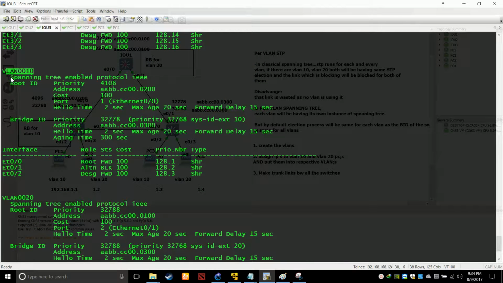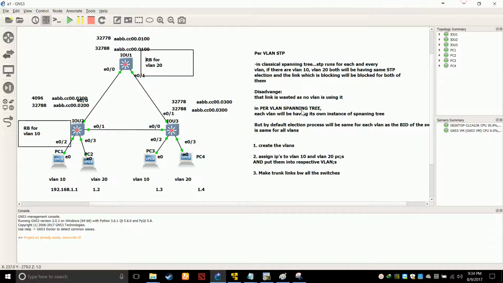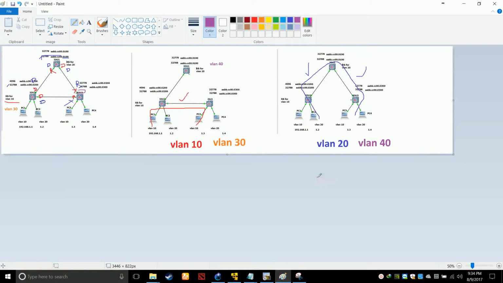And later on you don't need to do it again and again. Simply, now you have this map with you. All you need is this map, and in the future you can say this is for VLAN 10, 30 and maybe 50 also, and you can say this is for VLAN 20, VLAN 40 and VLAN 60 in the future, and you are efficiently managing your links. Your one link is blocked for some VLANs, but for other VLANs that link is in forwarding. So your traffic efficiency will increase 10 times.